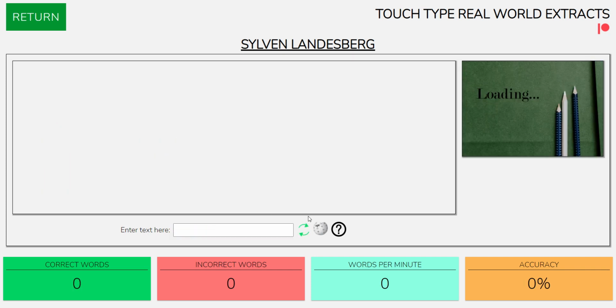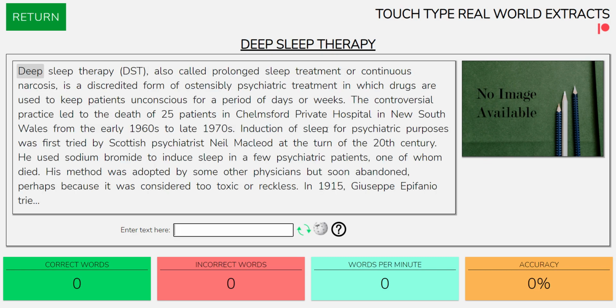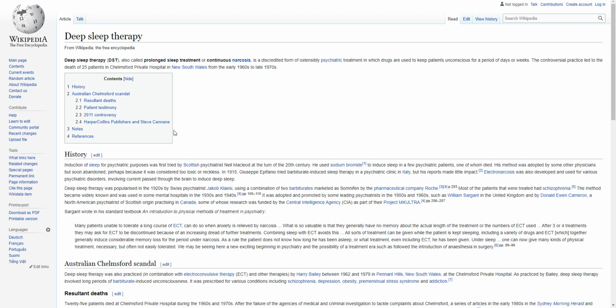If you are interested in what you are typing, press the Wikiball icon and this will take you to the relevant Wikipedia page about the subject so that you can learn more. If you ever need help,